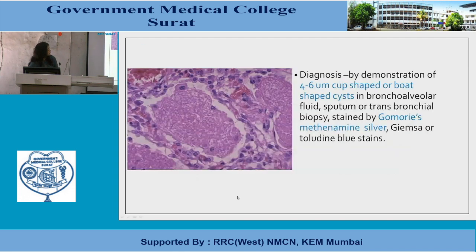So, this photograph shows the alveoli filled with a pink proteinaceous fluid, and the alveolar septa are widened and contain a mononuclear cell infiltration. So, how is it confirmed whether it is a pneumonia because of Pneumocystis carinii? It is usually confirmed by special stains. They are Gomori methenamine silver, Giemsa or toluidine blue stains. If we apply this special stain to this smear, it will demonstrate cup-shaped or boat-shaped cysts of Pneumocystis carinii in this fluid.